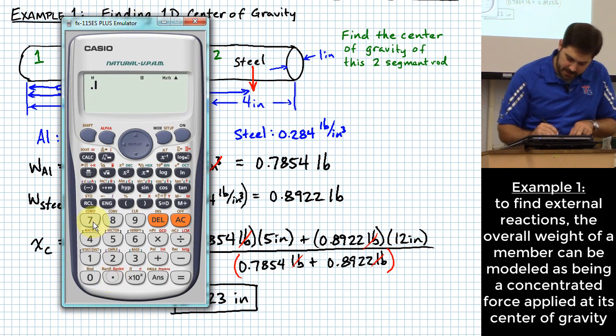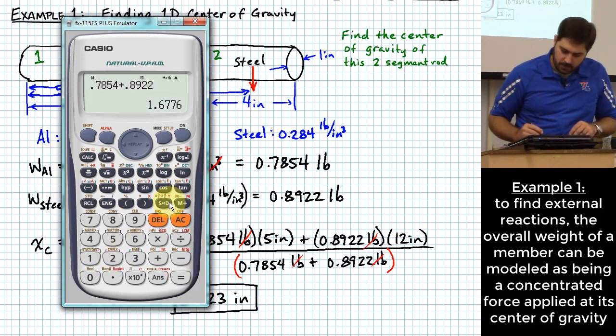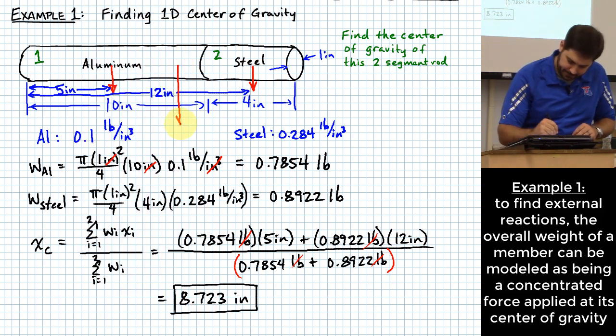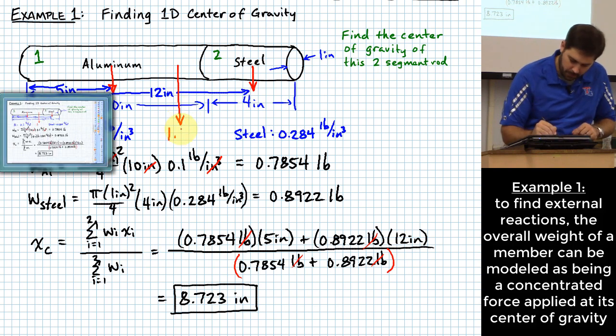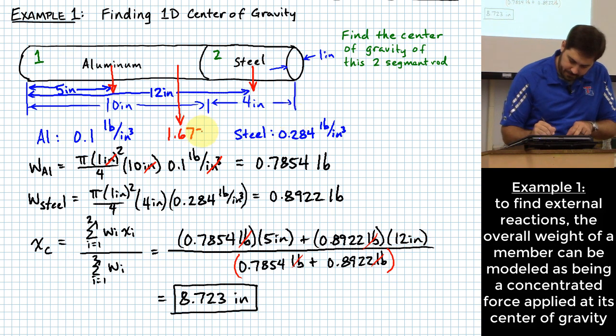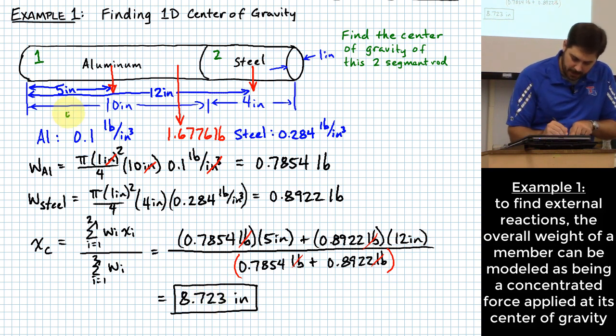What is 0.7854 plus 0.8922? Okay. 1.6776. I basically say that if I take a weight of that 1.6, what was it? 776 pounds, and I put it at a distance of 8.723 inches